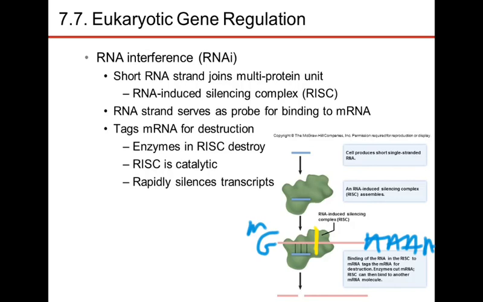All the others are non-specific mechanisms that will pretty much chew up any RNA. This one's specific for one specific message because this primer has to match the RNA that's going to be destroyed. It won't destroy all the RNAs in the cell. It'll only destroy specific RNAs inside of the cell. That's the way that we know of right now that RNAs are removed.